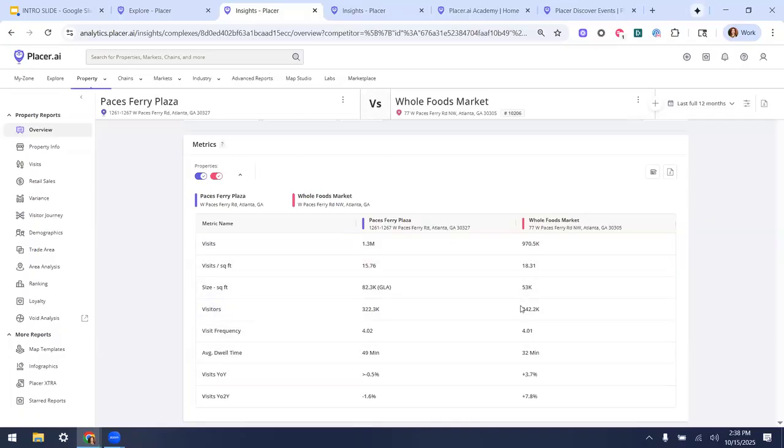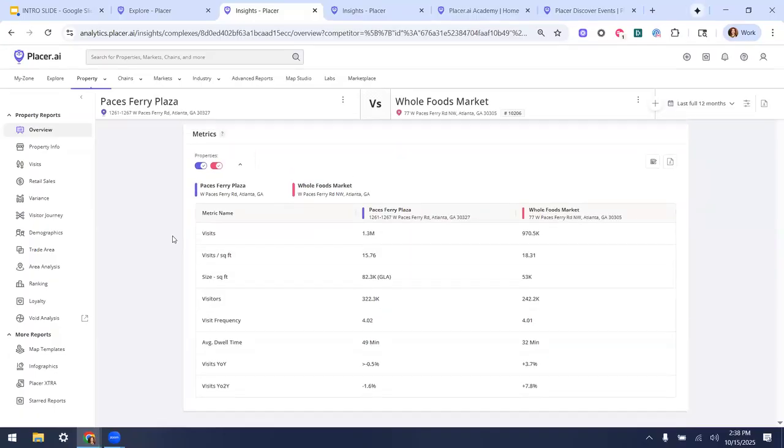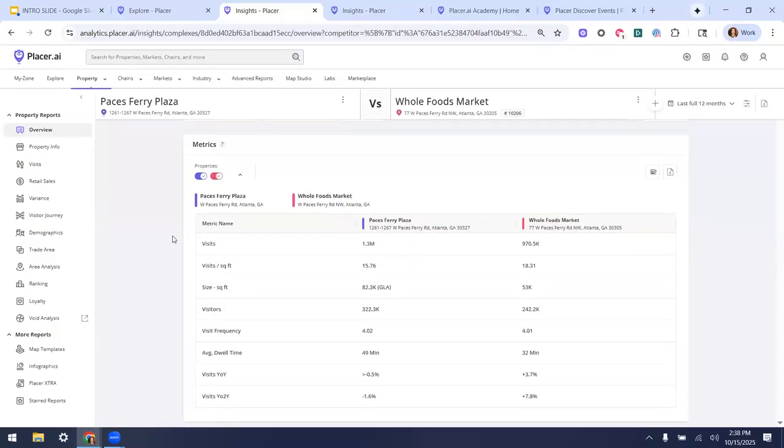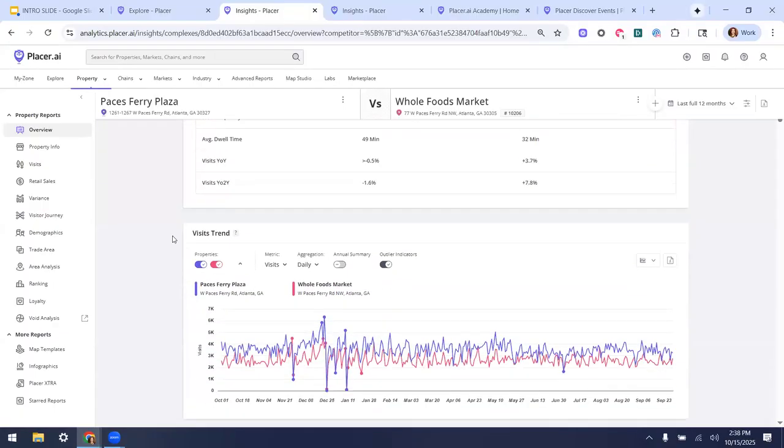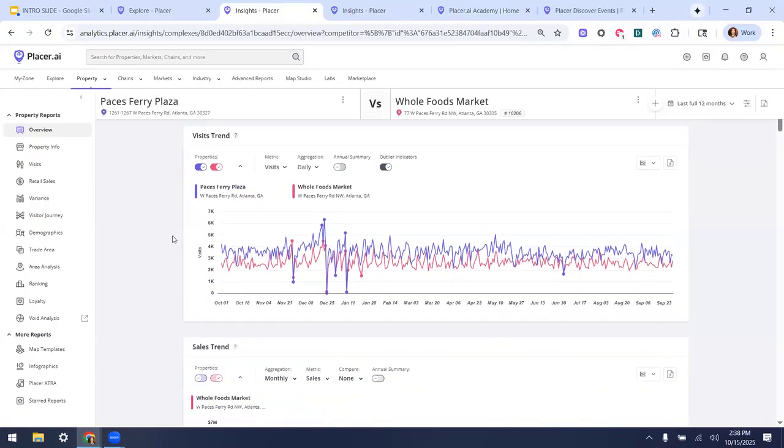So this is your initial metrics. It's funny, a lot of people will buy Placer thinking that the metrics are the number one thing they're going to use, like the visit number itself, when in reality, they end up using the trends and the demographics and the psychographics and the other cool visitor journey stuff. They use it more, which I'll show you guys in just a few minutes. So here in the overview, you've got your initial visits, you've got your trend line, pointers or tips for this tool. If you're on a daily aggregation,